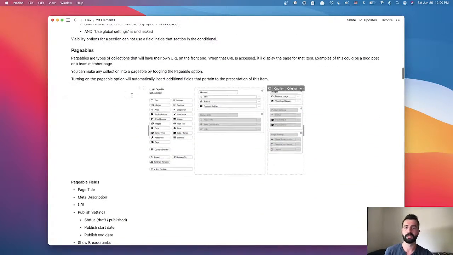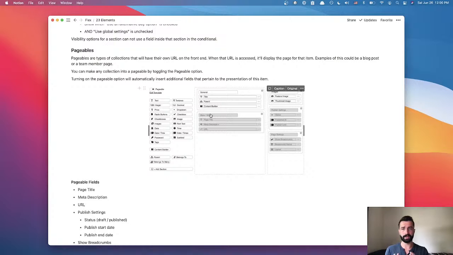And then, of course, we can create pageables. Pageables are a certain type of collection. We can have simple collections that just house data, but pageables are an extension of collections where these collections specifically will have a URL on the front end, and when you go to that URL, it'll display it.